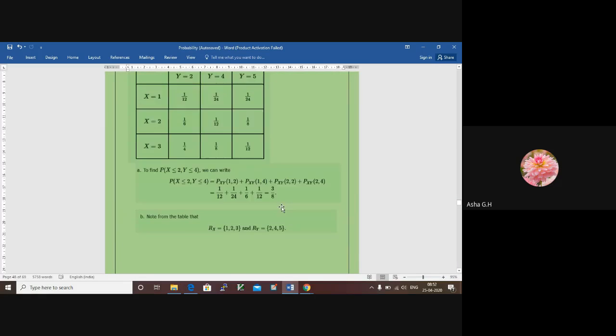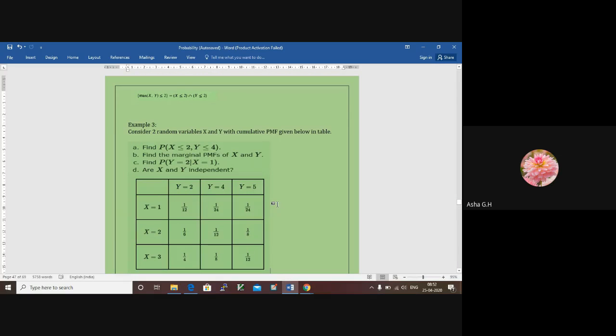Right. So what is the next question? Next question is, are x and y independent? To check whether x and y are independent in case of discrete probability, the joint probability Pxy of x comma y should be equal to the probability of x into the probability of y, the individual probability functions. Pxy of x comma y, the joint distribution, should be equal to P of x into P of y.